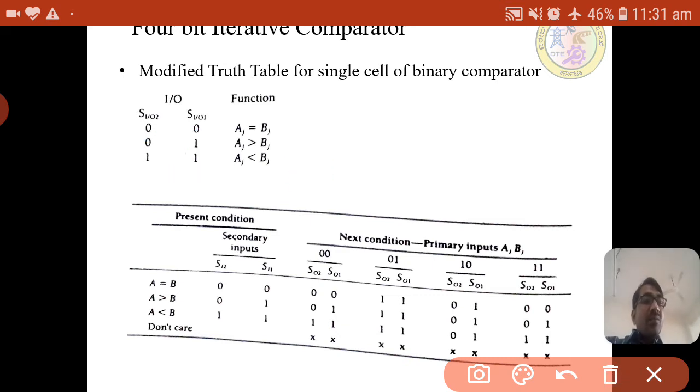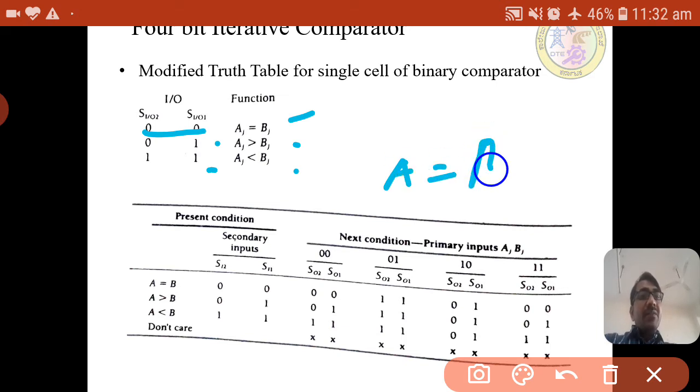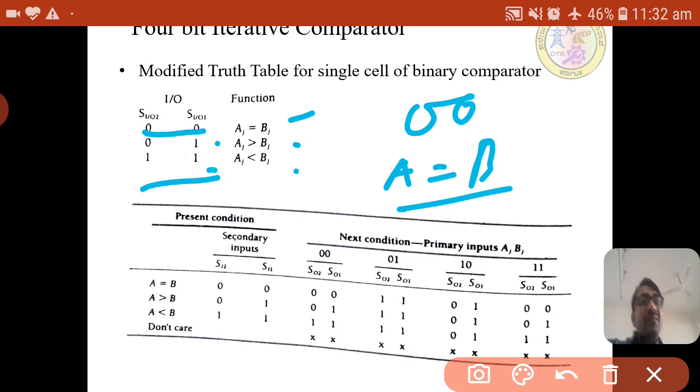So what we need to assume while designing is this: if the secondary output is 0 0, then it is A equal to B. If it is 0 1, then it is A greater than B. If it is 1 1, it is A less than B. One combination is left here, 1 0.